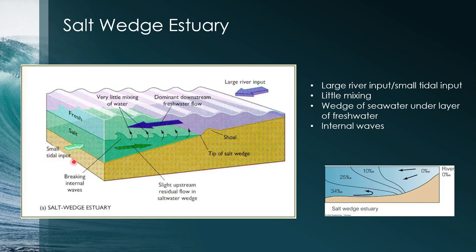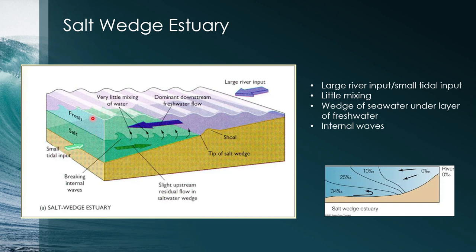Okay, so what we typically find here is we have salt water. Remember, we've spent some time on what happens when different types of waters mix, and salt water is more dense than fresh water, so it stays on the bottom. So we have a layer of salt water on the bottom, and then on the top a layer